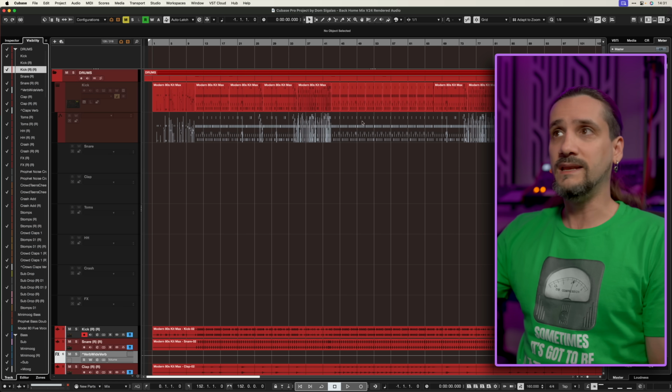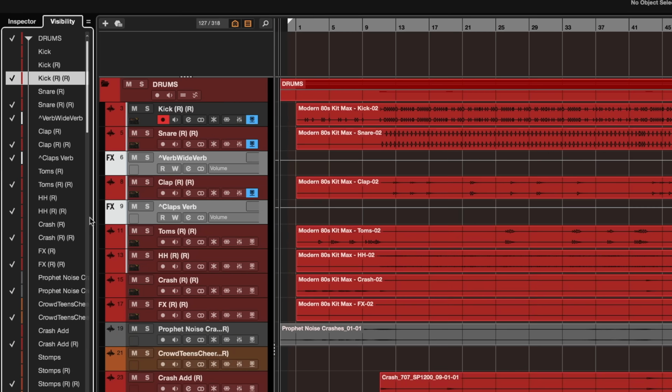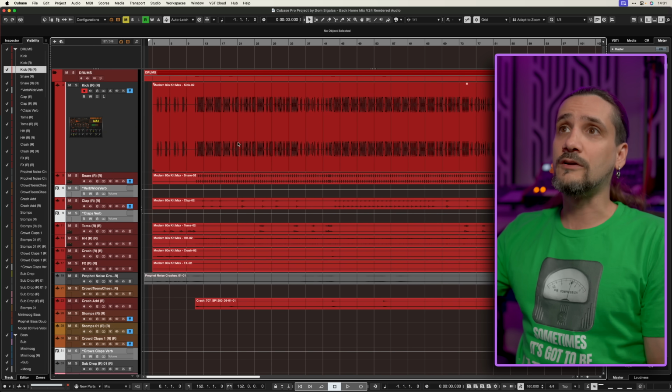And as you can see, my MIDI is still there. And all the effects that I've used for this kick drum are still there. I have the other channel right there, but if I want to hide it, I can just hide it like this. But now I also have a rendered file, which is audio and